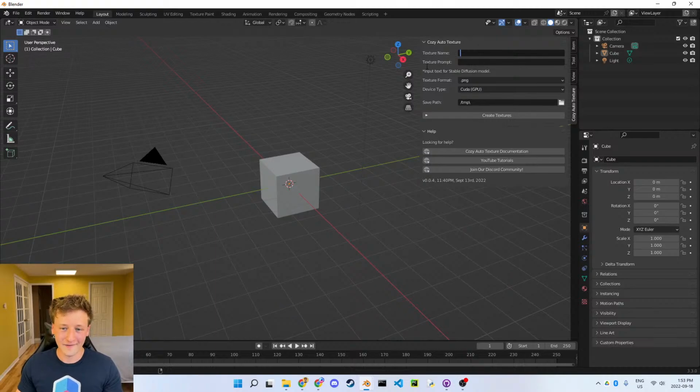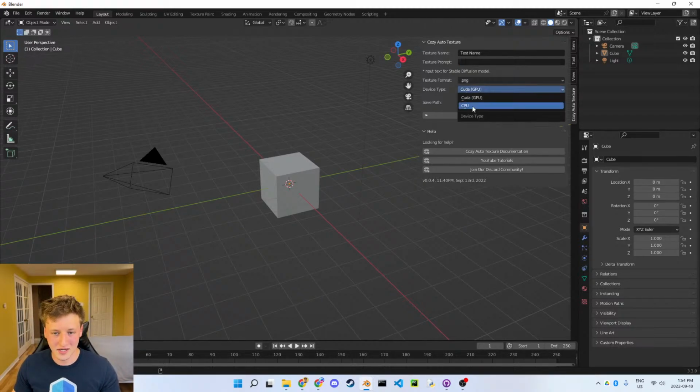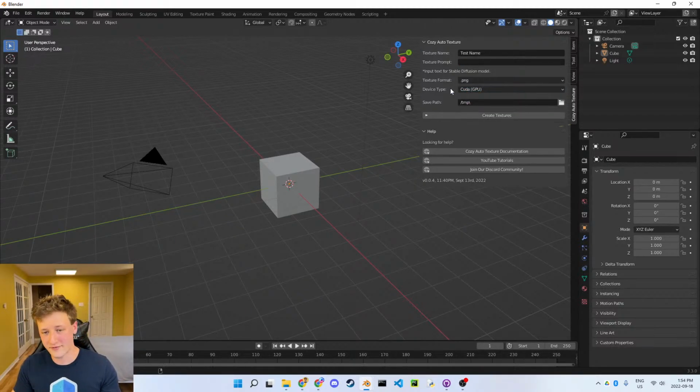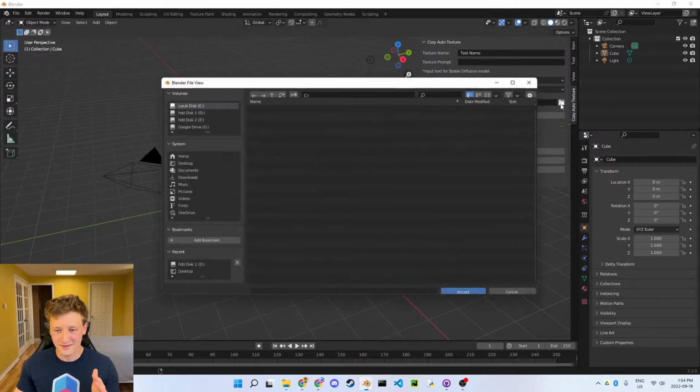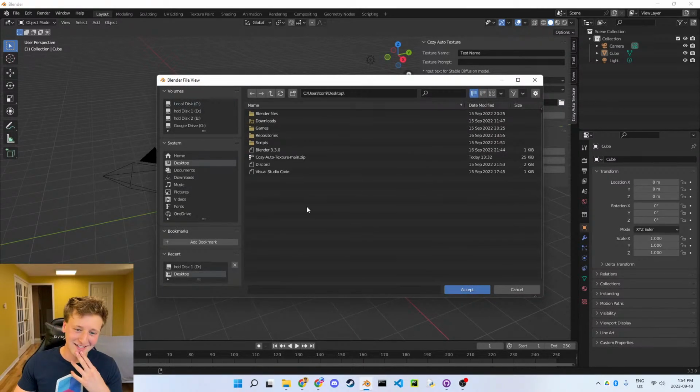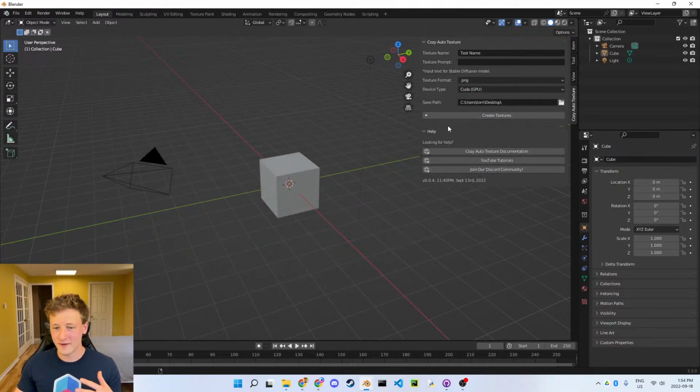So yeah, we can just sort of use this. So we can say test name, and then do a prompt. And then you can go down here and select CPU or GPU compute. I have a faster GPU than my CPU, or I guess in this case, GPUs are just generally faster at these processes than CPUs. That's a bunch of nerd talk, who cares? So let's set a directory for these images. I'm just gonna save it to my desktop. And what should be our first prompt? What